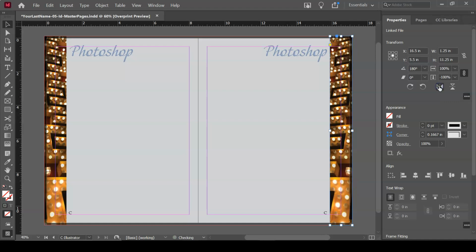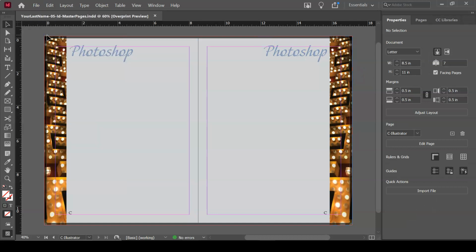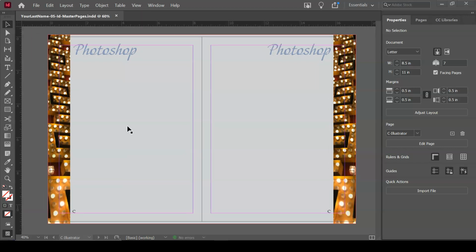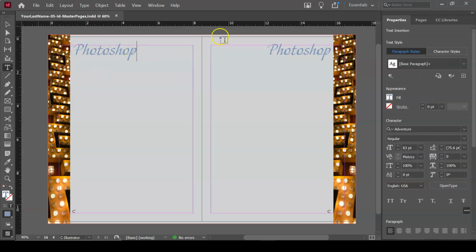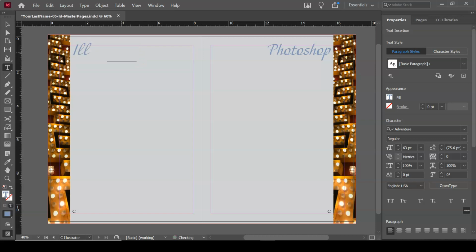I can flip it horizontally and save the document. Now we can change the word to Illustrator. I'll type in Illustrator